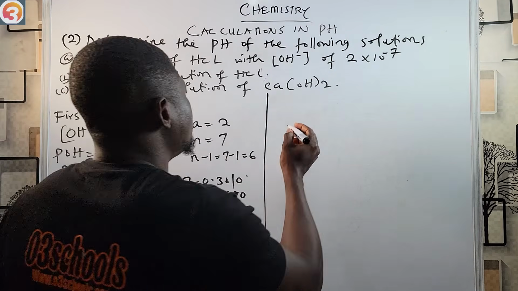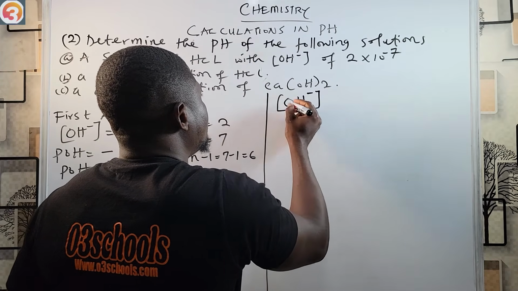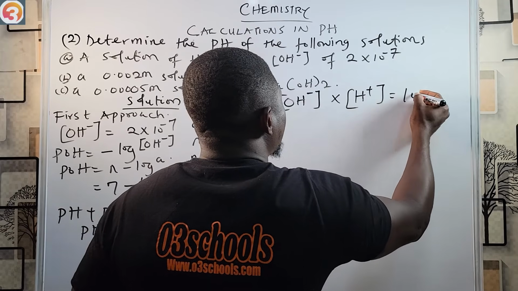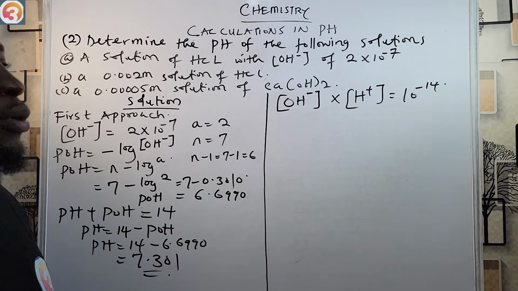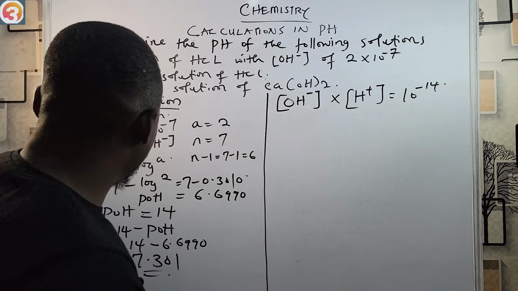The second approach I'm going to use, remember we said that hydroxide ion concentration times the hydrogen ion concentration is equal to 10 to the power minus 14. So we can use this second approach also to solve the question. So what do we do here? Hydroxide ion concentration is